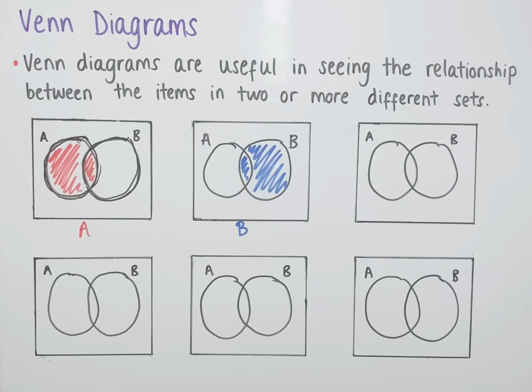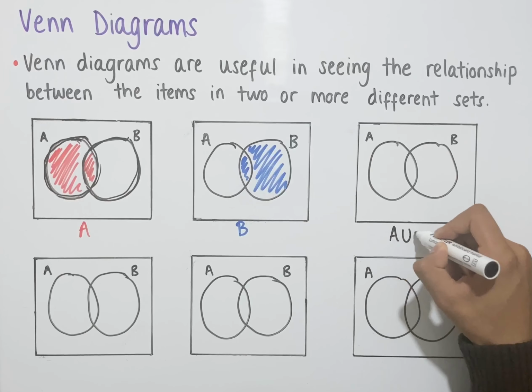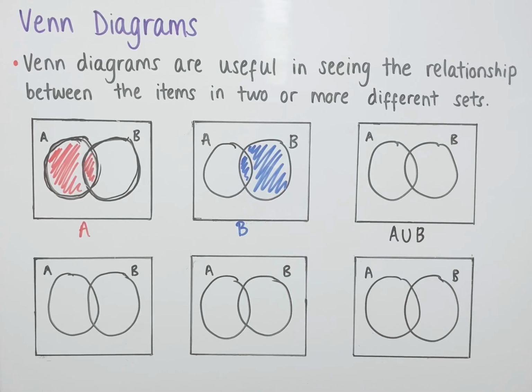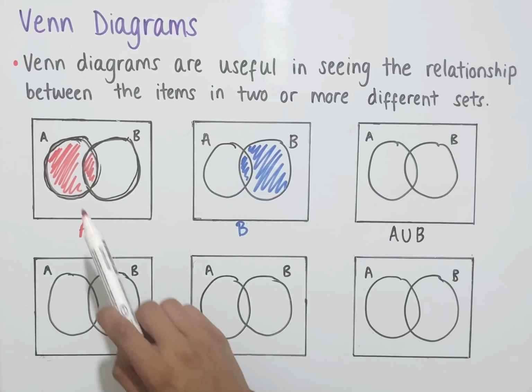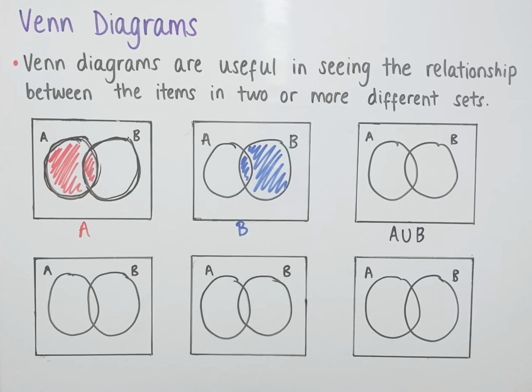Now, suppose we wanted to work out A union B, and we wanted to represent that on a Venn diagram by shading in the Venn diagram. Then, if we remember, A union B is everything that's inside set A and everything that's inside set B and everything that is in both sets. In other words, we would need to combine both of these Venn diagrams together, and everything that's shaded would represent